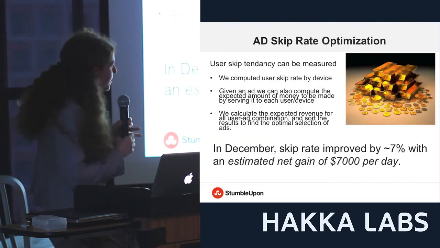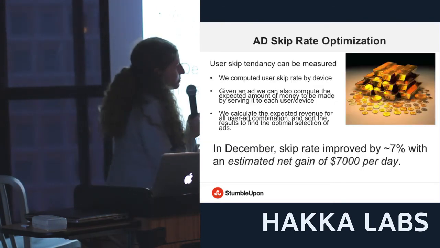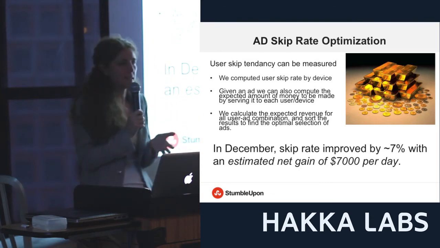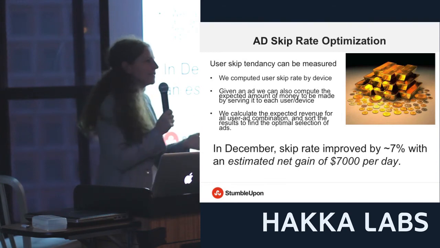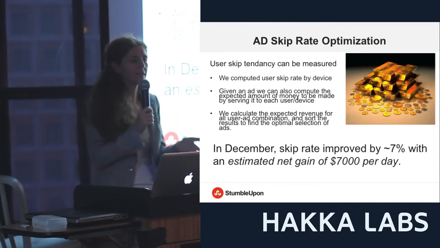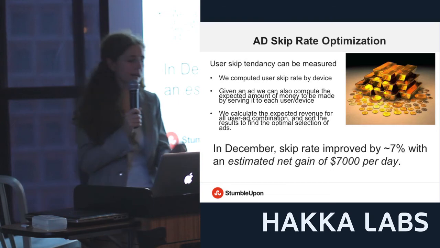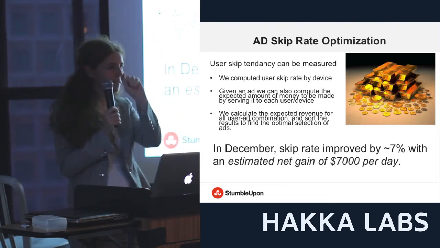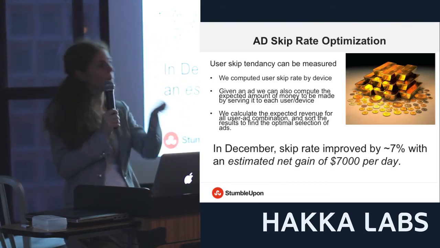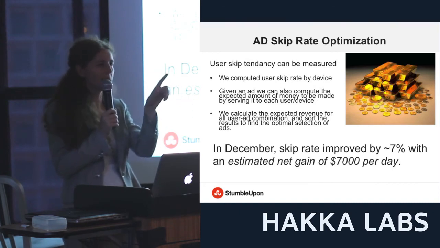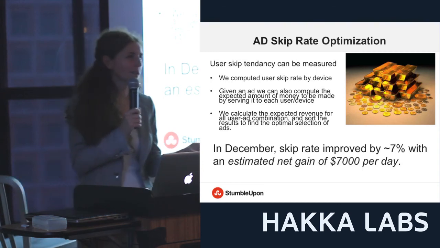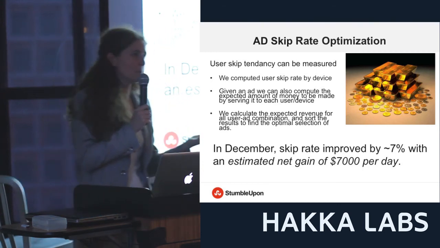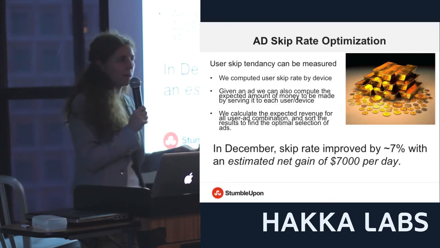So what we did was we simply computed the probability, the tendency of the user to skip. What we notice is that there are users that naturally skip. Especially on mobile, they read just the title. And this is the way they actually use the device, not even if it's good or bad. Why would we want to send advertising to them? Or if we do, the ones that do not have a threshold for payment.